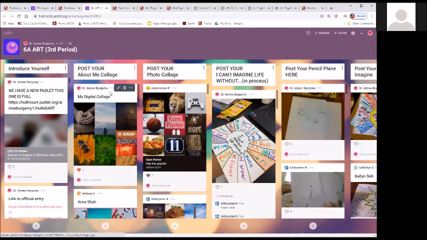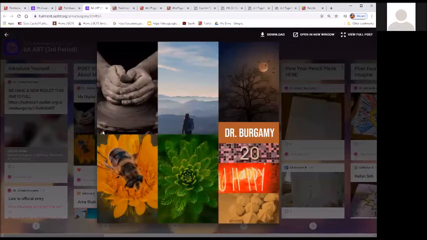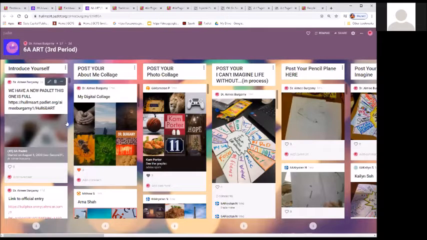We segued into a second project using Adobe Spark, and this is my example. I'm going to click it here. And that's another thing. You can download these, you can click them and enlarge them, and it keeps a lot of the quality. This was a getting to know you project using Adobe Spark Collage, and that would be under